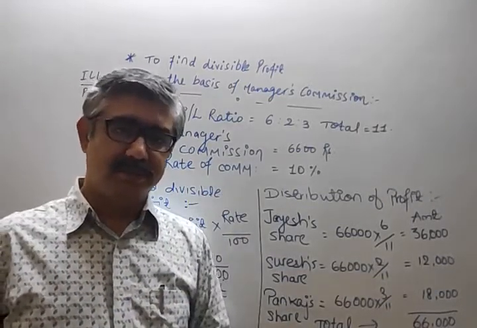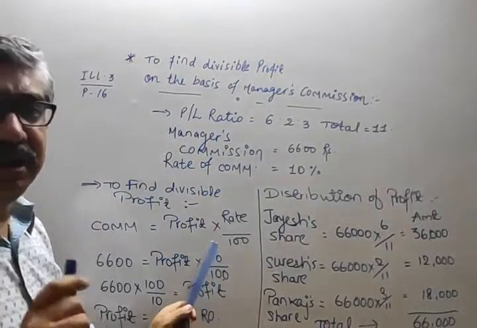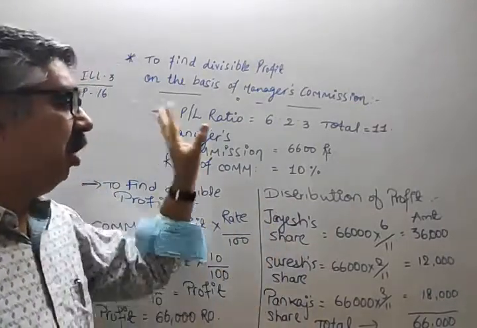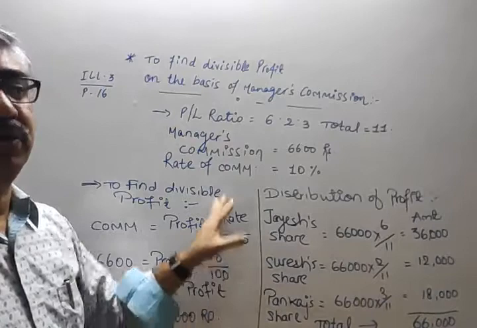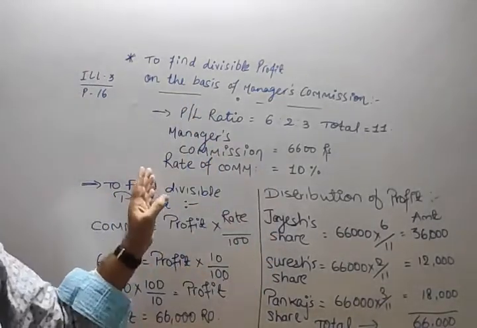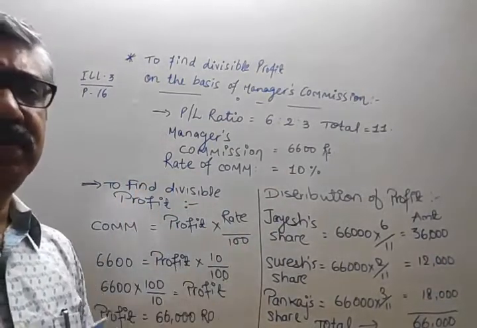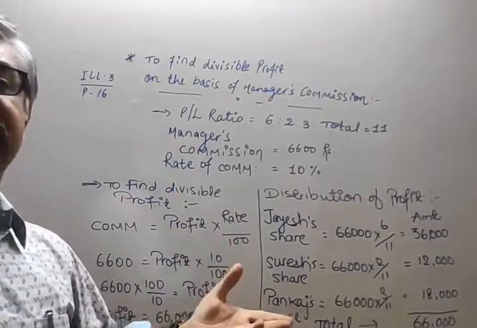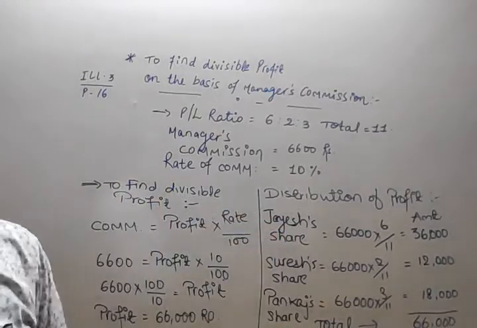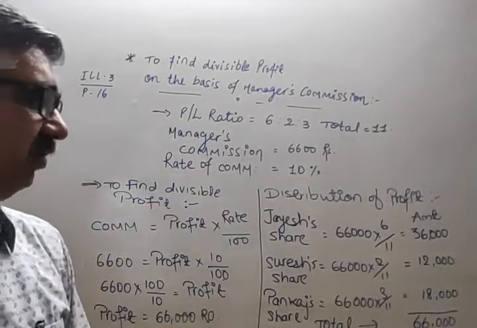Clear? That's good. So just go through the method again, and for the last time I am saying, we do not have any question in exercise of the similar pattern. So revise once, twice, 4 times, 5 times the same question. Okay? Go through it. Now onwards, we are going to start long questions of this chapter, which will be very much useful in the remaining chapters of part 1 for partnership. Okay? Just go through it properly.